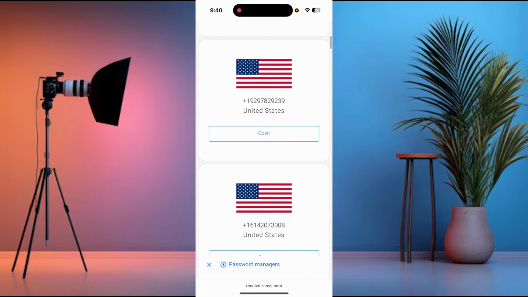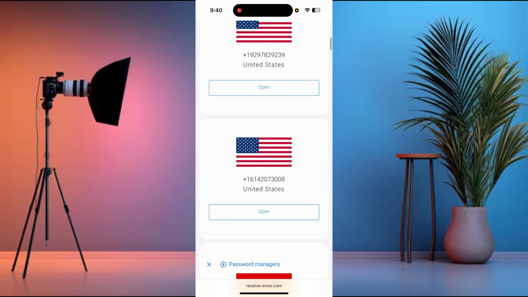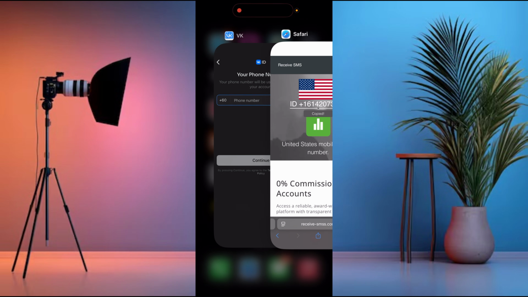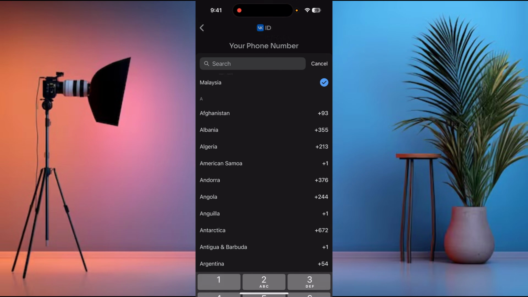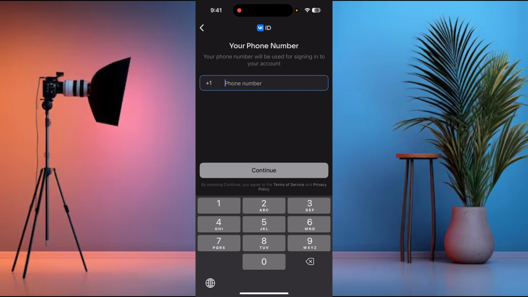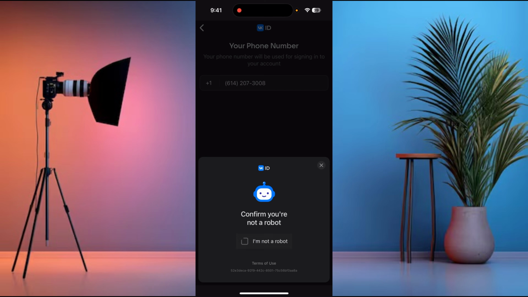Then scroll down a little bit and choose any number you want. I'll choose this one for example. Then click on the number to copy it, then go back to your app. Make sure to choose the same country as the number, then click paste here, then continue, then select I'm not